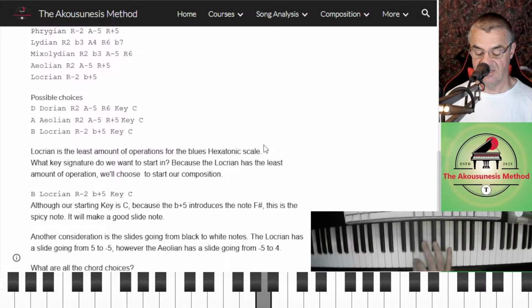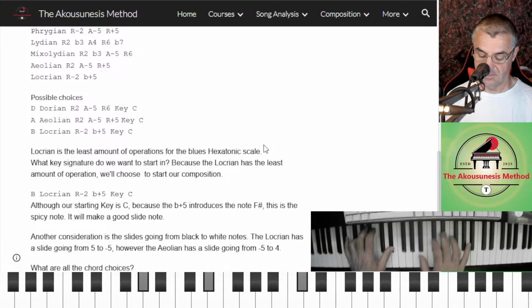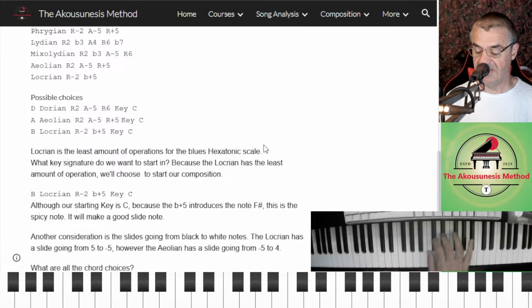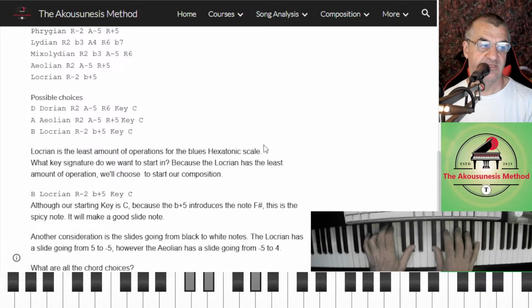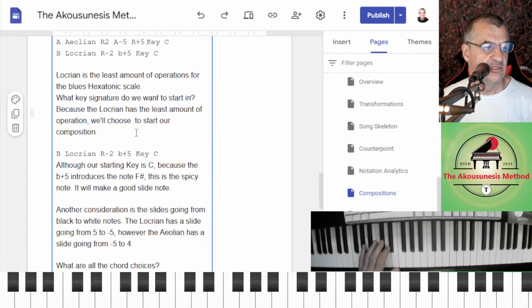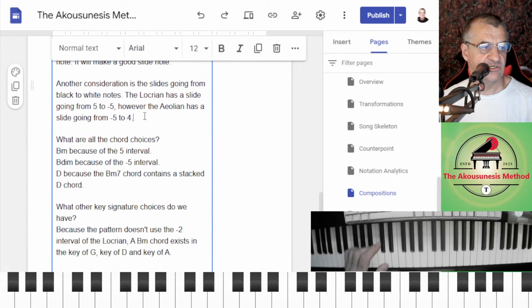We're not going to press the key A. We're going to have the B. So the note B we're pressing, we don't play the -2, so we've got these black notes. So we're memorizing now which notes we press for this scale in A. I'll write down what we're doing. I'll put it here. Another consideration is the -5. Let's put it here.